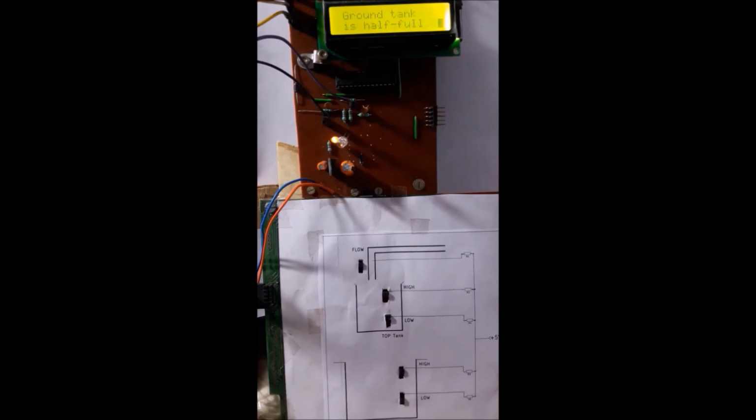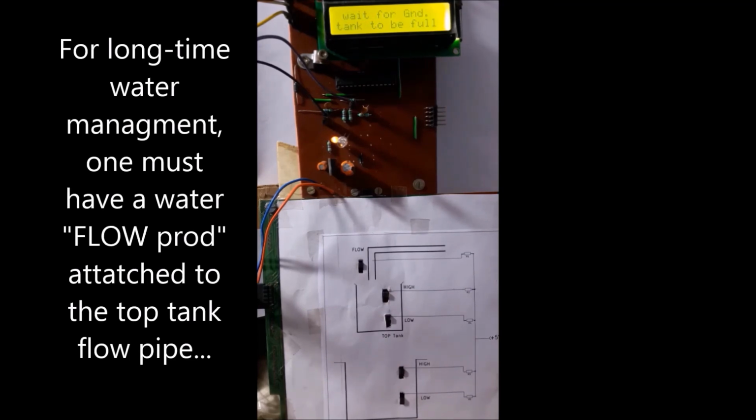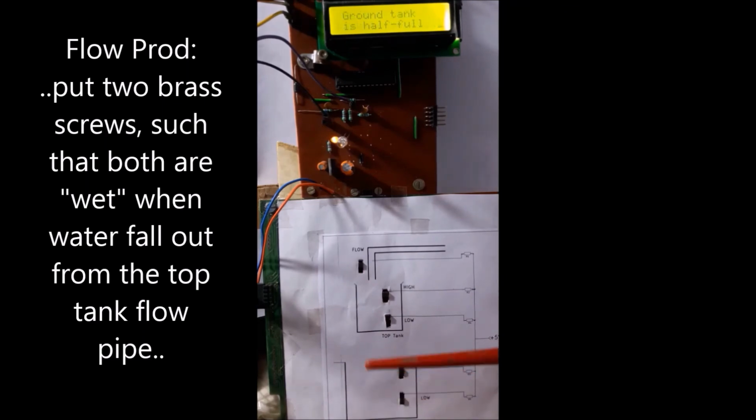Because suppose you have just a float switch on the top tank, a mercury float switch, or other mechanical float switches, and it puts the pump on or off, and that is simple, it is okay, it works. But in the long time, under all water conditions in the cities and in the country, there are different conditions. So for that, such a program manages the pump under all wiring conditions of the top tank, flow and lower tank, all these three are monitored by this program. So there is no question of any fault arising, or pump failure, or pump running falsely.